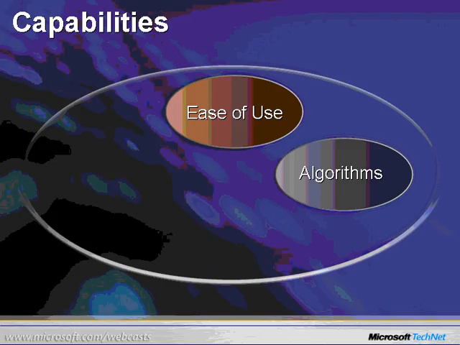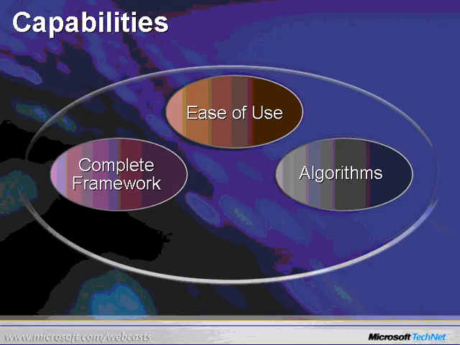Business integration offers an integrated user interface and cross-product integration inside SQL Server. There's also a full suite of algorithms, which we'll examine later, to automatically extract information from your data. Finally, business integration also provides a complete framework that enables third-party data mining providers to integrate data mining objects into Analysis Services. These objects include algorithms, viewers, and web control libraries.